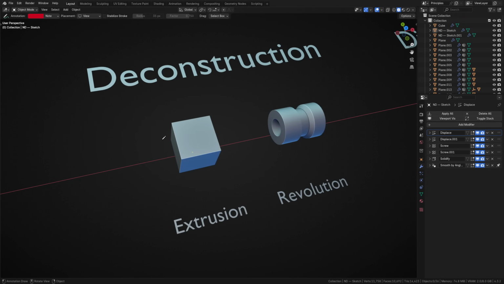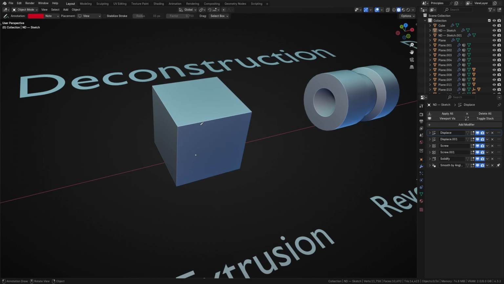Now, I'm obviously talking about this in the context of non-destructive or procedural modeling. This may not always apply to destructive or organic shapes, for instance. So let's start with a straightforward example of a final state, a cube.